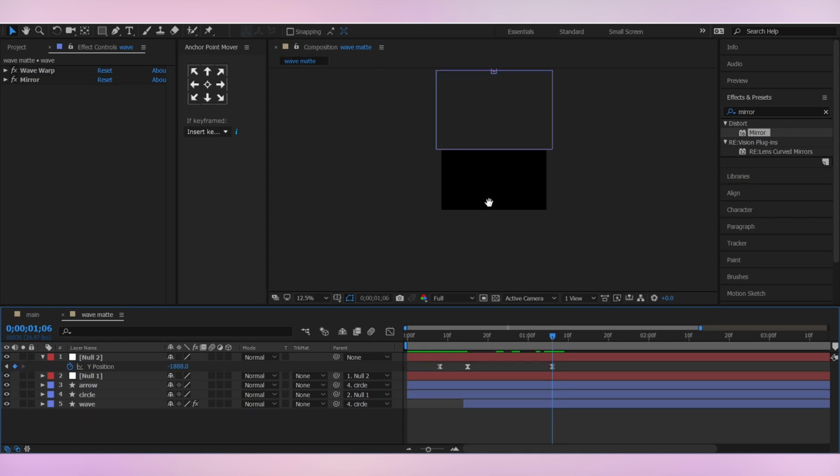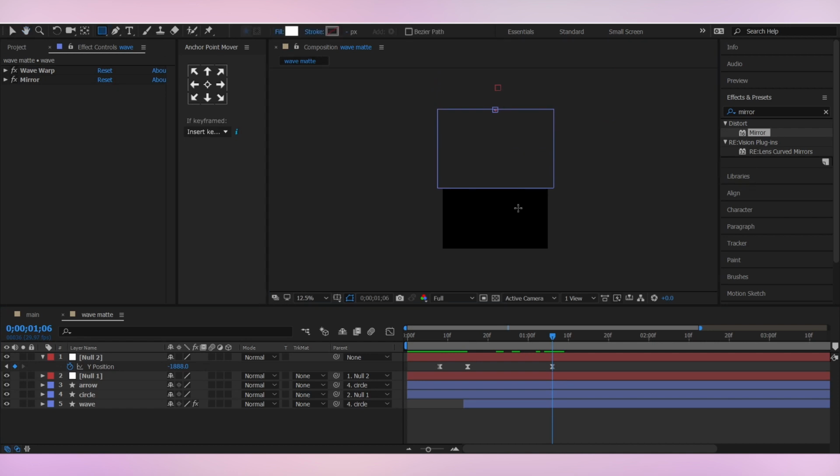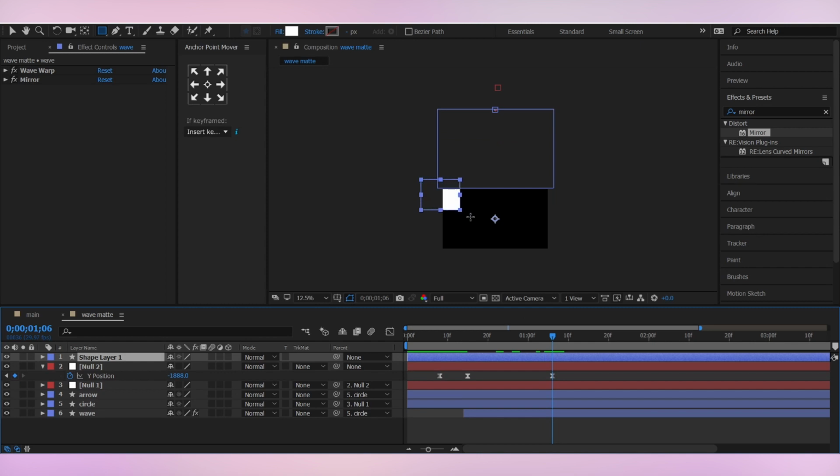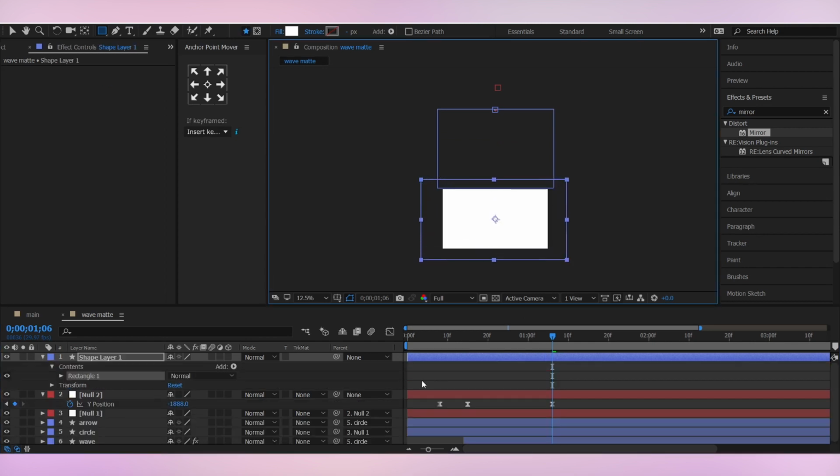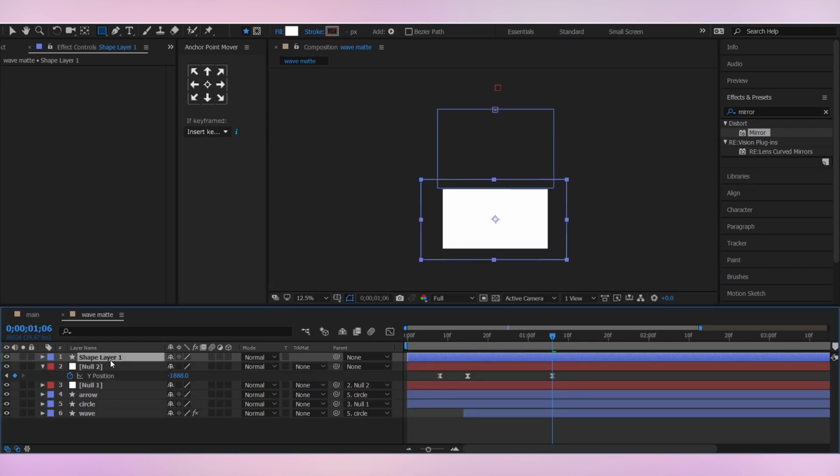create another rectangle. When the animation is finished, create another rectangle like this and I'll name it rectangle. Cool.